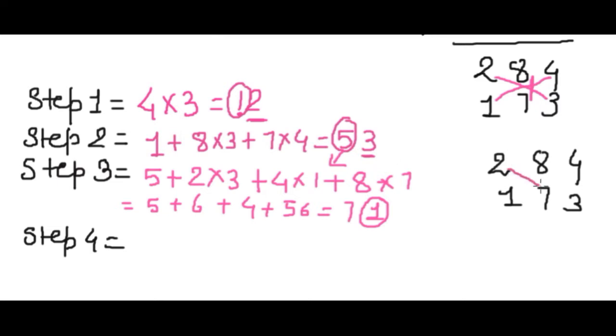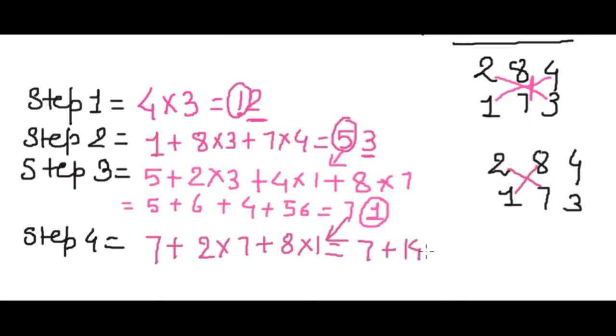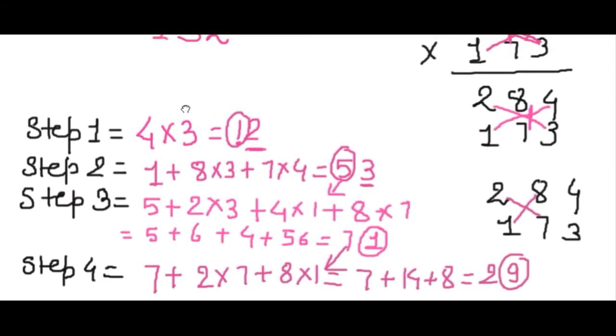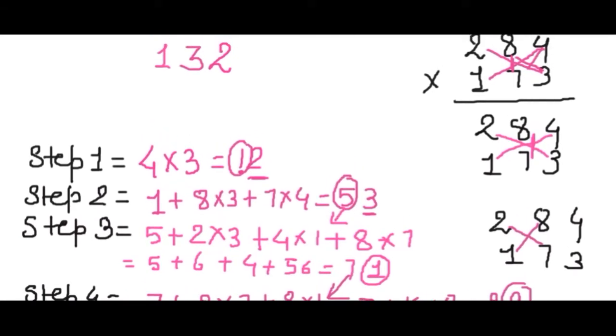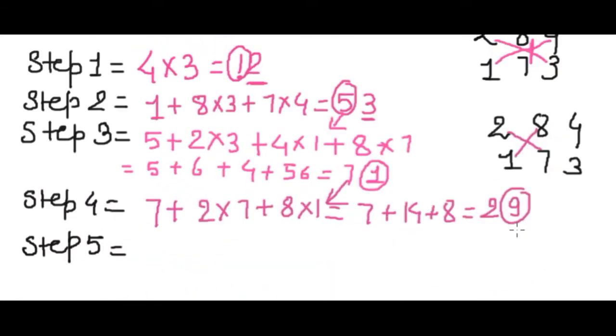Now it's 2 into 7, 8 into 1. We will carry forward this 7, plus 2 into 7, 8 into 1. 7 plus 14 plus 8. It's equal to 29. Now we will write 9 here, and 2 carry forward in the next step. So 2 plus